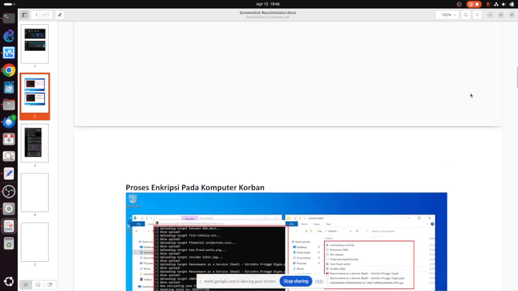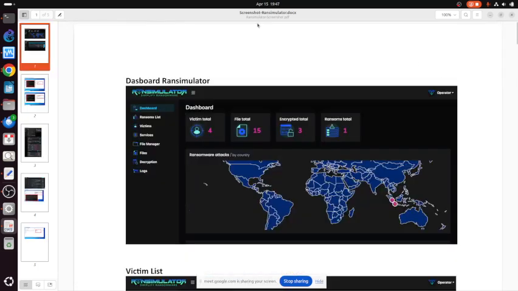This is how it looks. This is the dashboard of RAN Simulator. We can create the ransomware and distribute it locally to the corporate employees, via WhatsApp or email.